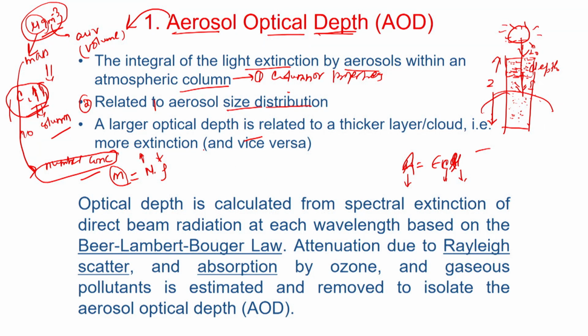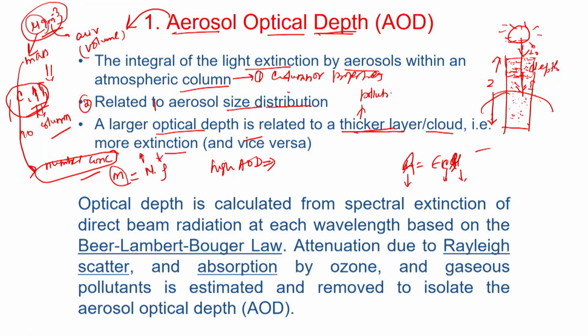And generally, a higher or larger optical depth is related to a thicker layer or cloud. This means more extinction. So when we have high AOD, with a thicker layer, this means you have more